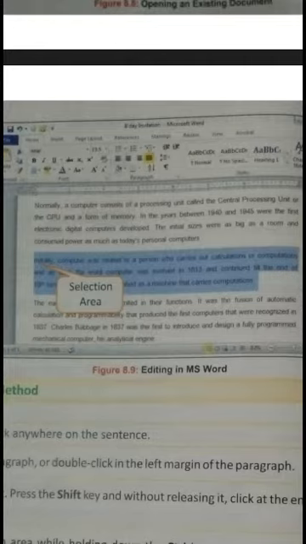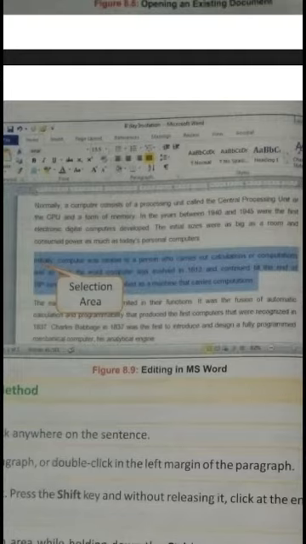Next one is editing the word. Suppose you want to perform editing in MS Word. For example, you want to change the size of the font, you want to change the face of the font. For that you have to select the font. As you can see, one paragraph is selected.